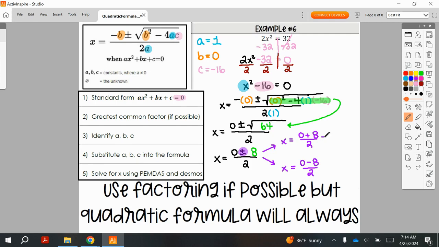Do one at a time. We'll do the top one. 0 plus 8 is indeed 8. And when I divide 8 by 2, I get my first answer for x of 4. And then 0 minus 8 is a negative 8, still keeping it over 2. And I divide negative 8 by 2, which is going to be my second answer for x, a negative